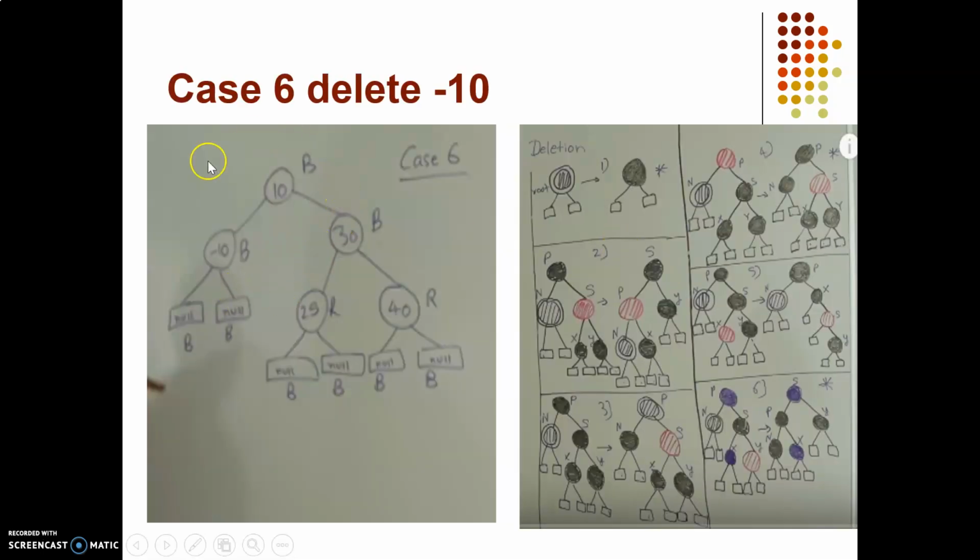Once again, let us suppose this is the case and I need to delete minus 10. Deleting minus 10 will bring this black node here. So one is black, the other will also be black. So this is the double black case. How to remove this double black case? See, this is double black, this is black, these two are red, and this is again black. This will not be valid.